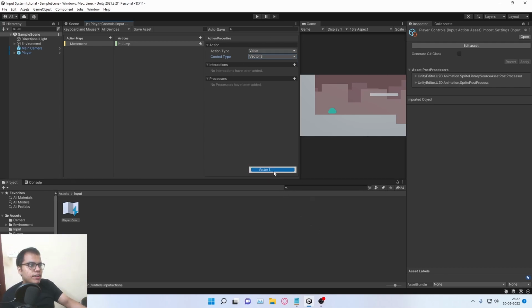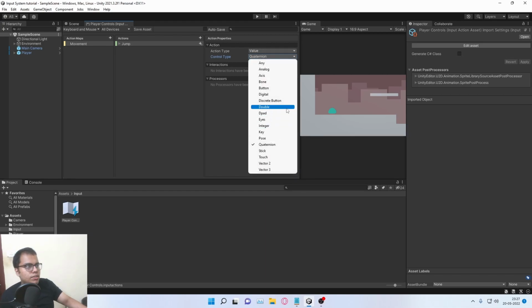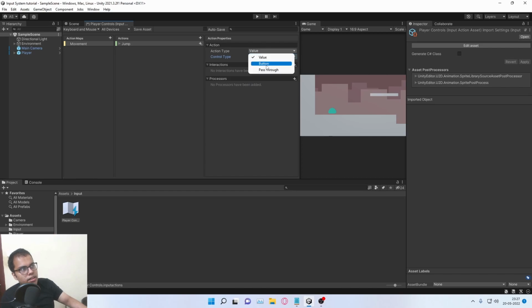You can also return a vector 3. You can return a quaternion. You can return a key, or whatever you want. I'll set it back to button. And you also have pass-through, which is useful when you have multiple control schemes. If you're a beginner to the input system, just understand that pass-through helps in using multiple devices at the same